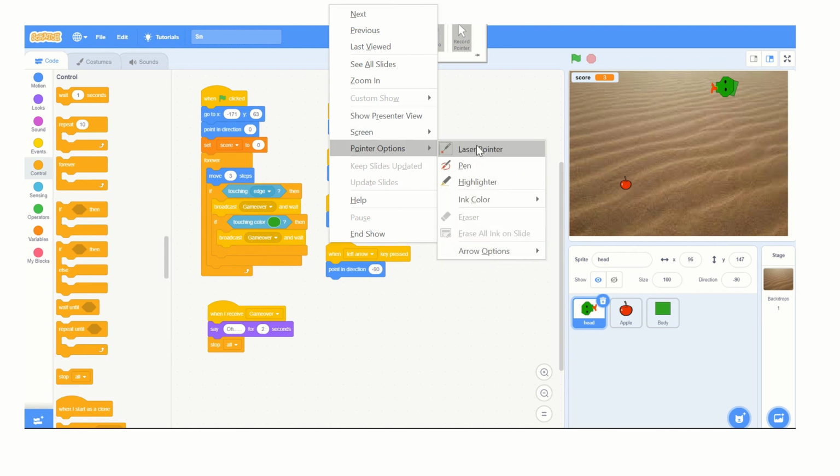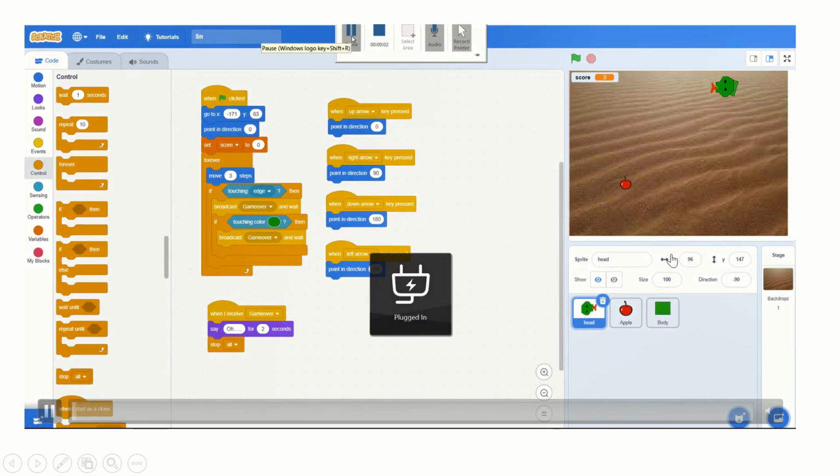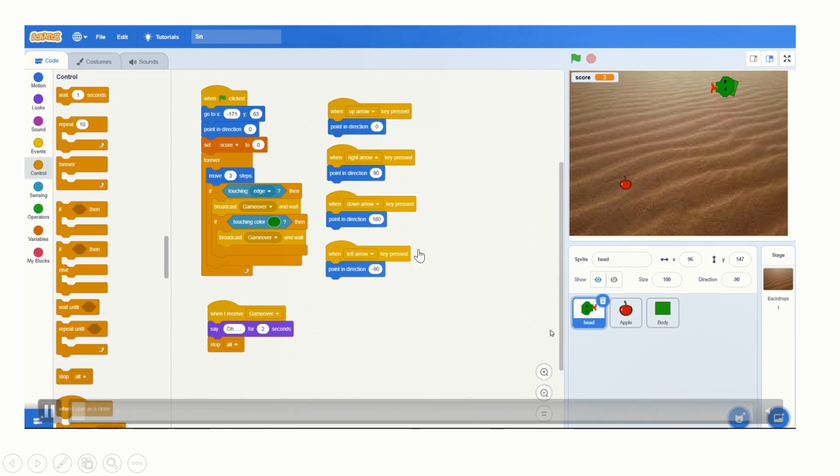Yes, it's very nice, and it's pretty easy for us to understand as well, and I hope you really appreciate the demo. So what is the first step? The first step is simple. We need to code the head part of it. That's what I have done right now, and this is all the coding for the head.